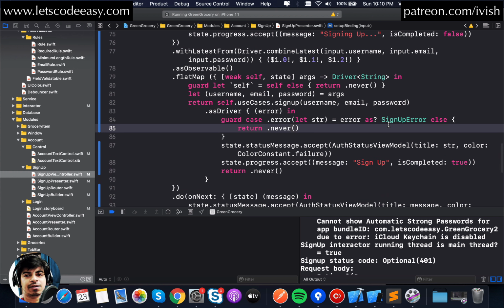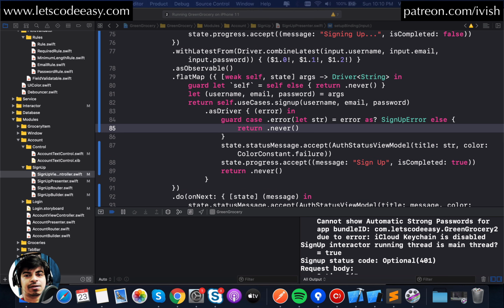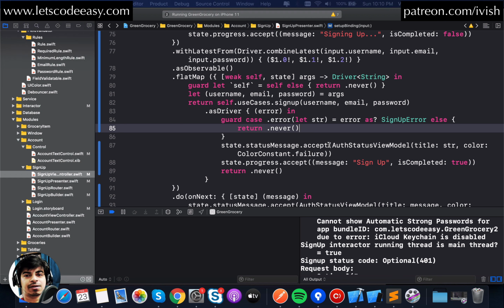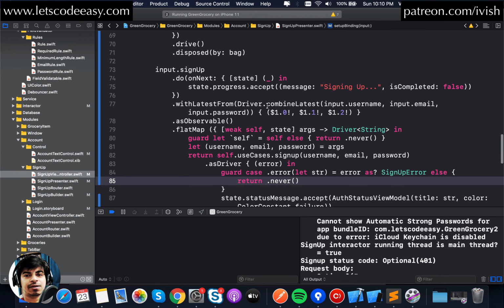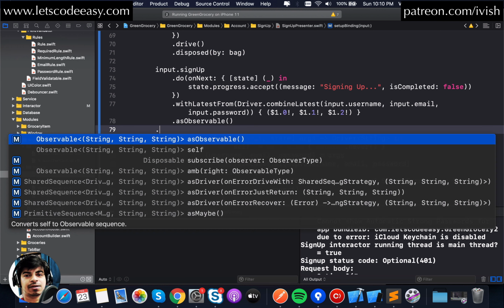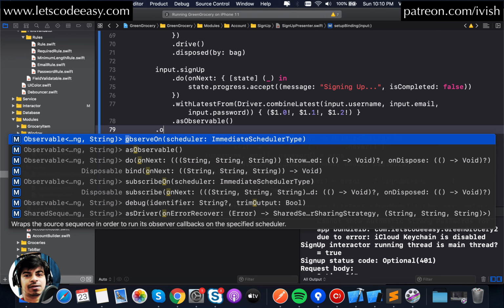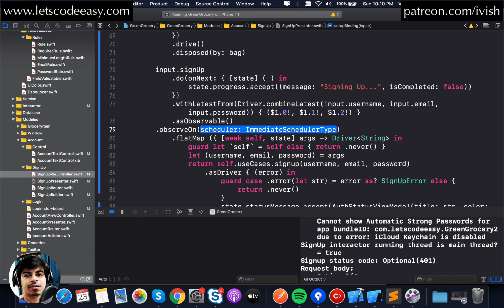Let's see. I have an observable. So I have this do with latest from this as observable. I'm just going to map whatever map is happening. I need to observe that in the background thread. So I'll say observe on. So whatever map is happening under it will be run in the background thread,